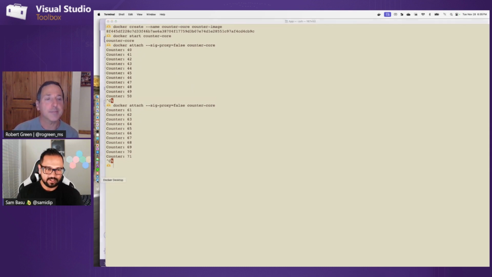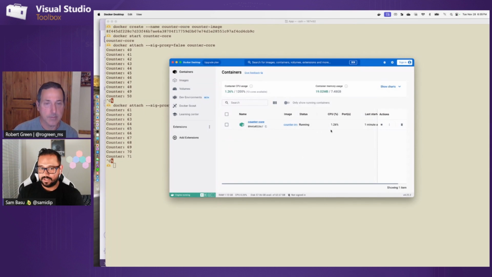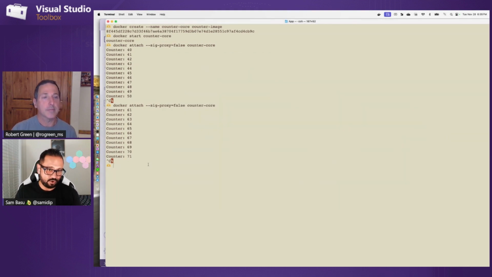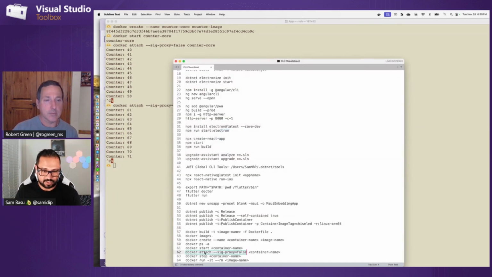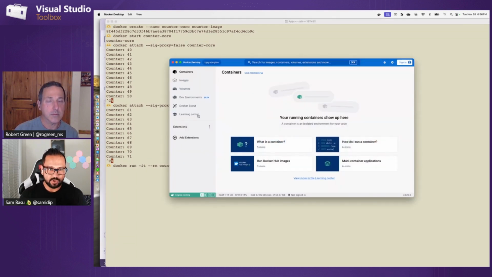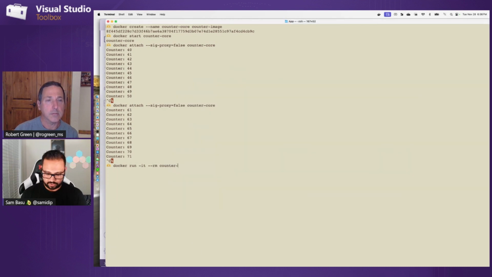So if we go look at the Docker desktop, this thing is running, right? And I can stop this. So let's actually stop this, and then we can completely blow it away, because the container is going to sit there and chew through memory. So you could do this, or the other thing you could do is a shortcut that I like, which is Docker run. So I'm going to grab this here. I could say Docker run, and what that --rm does is just saying, hey, I just need the container as long as I can run my app, and then I don't need it anymore. The image name was counter image.